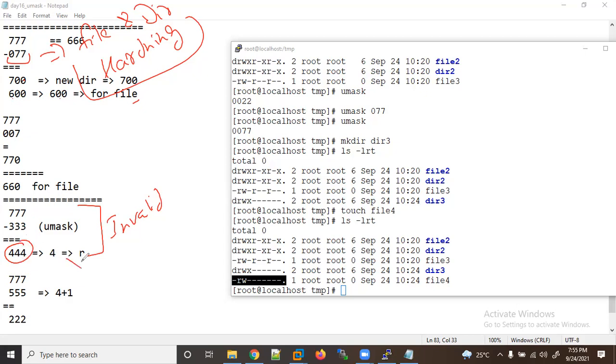It's okay for file cases, but what about a directory case? Invalid. So don't give invalid. Okay, I can give the invalid, let's do a test also. Umask, let me give 333. Now make directory dir4 and ls -lrt.